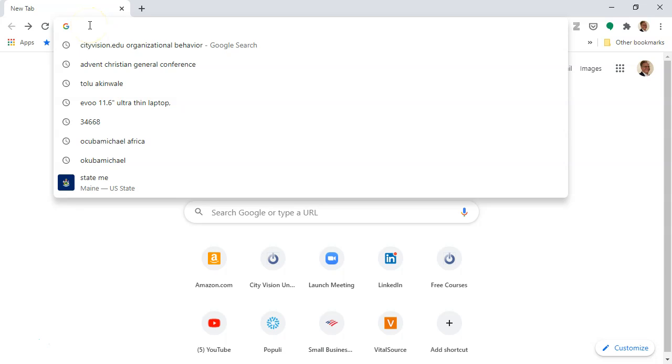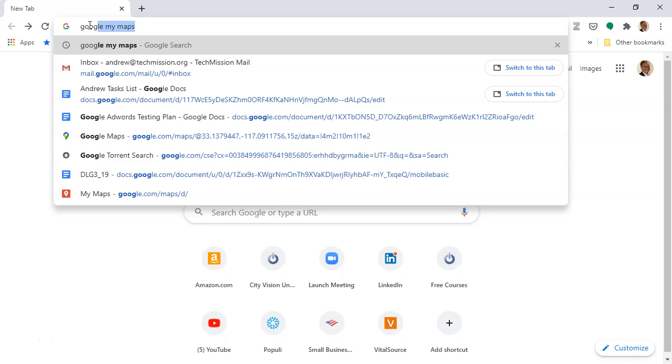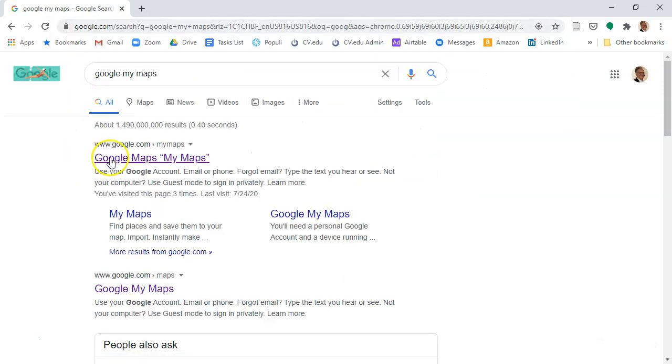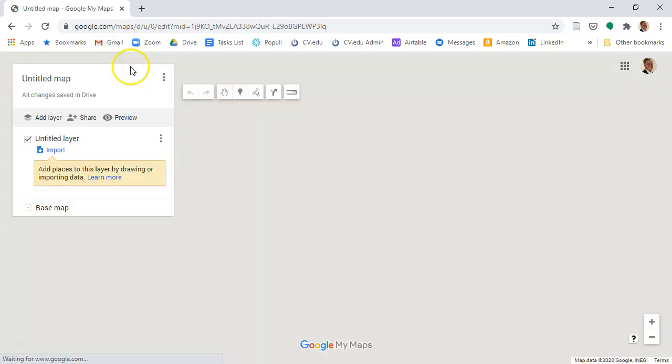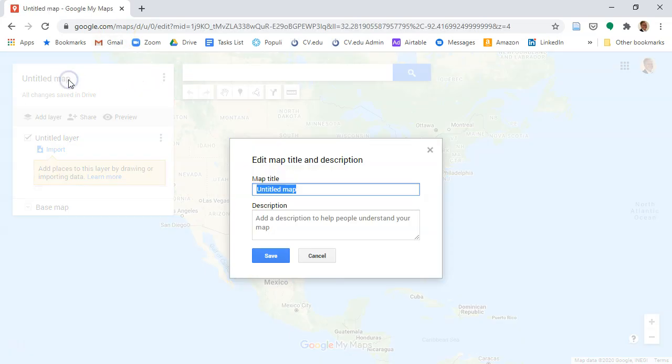Then once you do that, you need to type Google My Maps into your search box, and it's going to pull up. This is different from Google Maps, and it's a tool that allows you to build a map that you can share with other people. Once you're logged into your Google account, you get an option to create a new map. So you create a new map and you can give it a name, whatever your neighborhood community asset